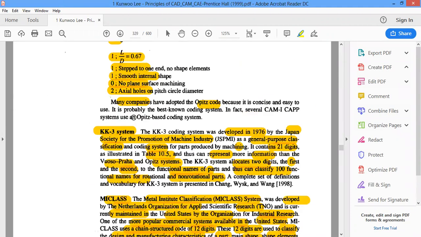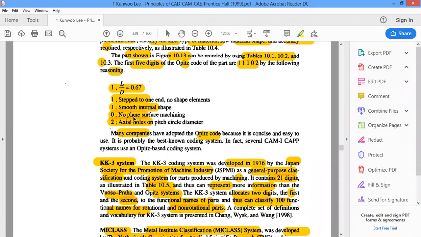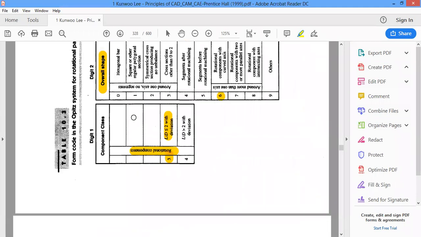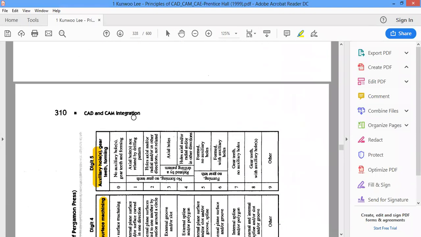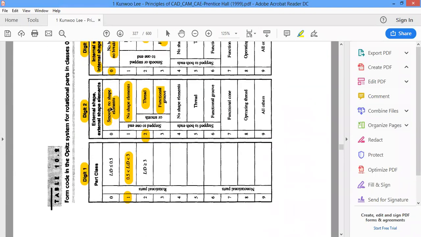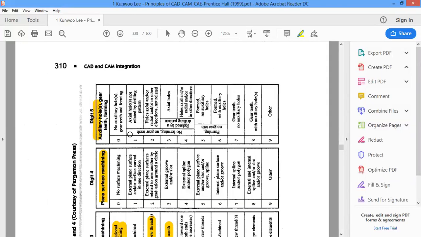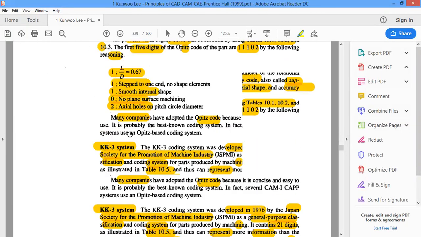And then the second digit is going to tell about whether it's stepped at one end and shape elements. So if you look at this, no shape elements means it's only a cylindrical shape, no steps at all. But there is a shape on one end, so it has to go for number 1. That is going to be the value for the second digit.